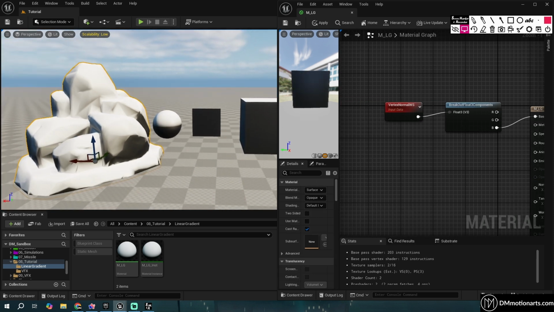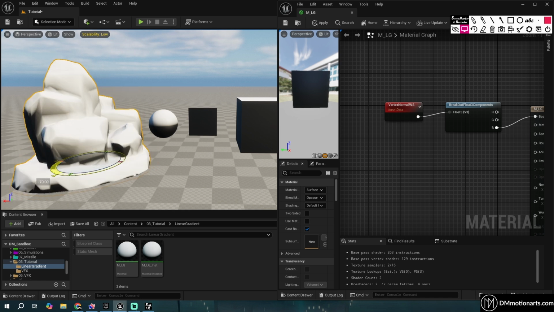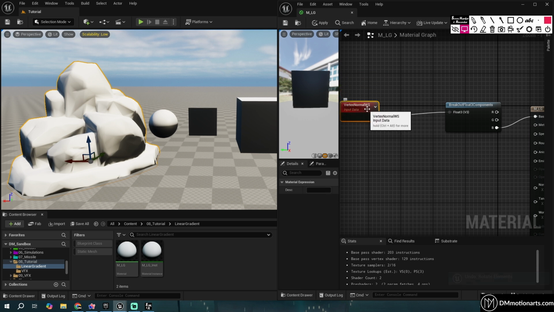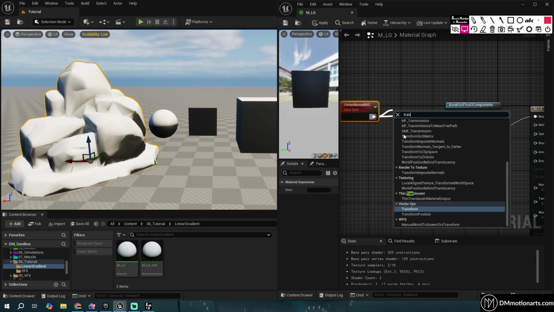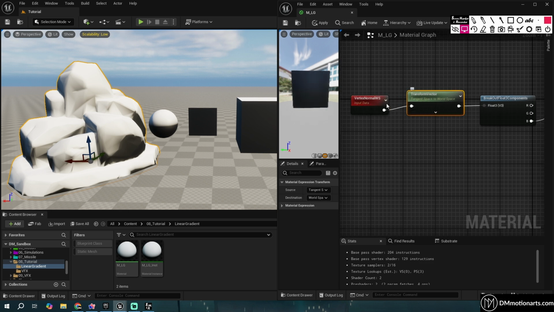But now you would be like, what if I don't want to do it based on world space? I want it to actually move based on this one like this. Then what you need to do is, this is in world space, WS, right? Add a transform node in here, and you could say that our source is in world space, and I want to convert this into local space. And if I do apply,